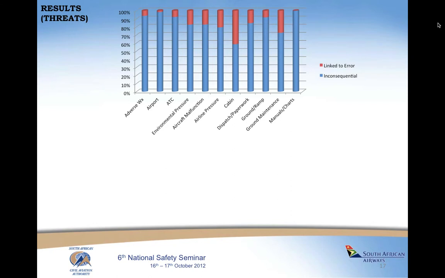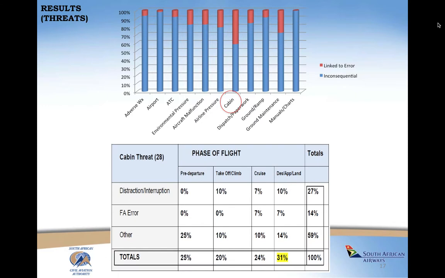The next table describes the threats which were inconsequential versus those which were linked to a flight crew error. Interestingly enough, the majority of threats which resulted in error stemmed from cabin crew threats. It appears that flight deck crew are nevertheless handling both distractions and errors by flight attendants during pre-departure and takeoff relatively well. However, during a critical phase of flight, that is the approach and landing phase, it appears that other cabin threats such as trivial crew discussion or arbitrary paperwork are causing a weakening in the safety system.